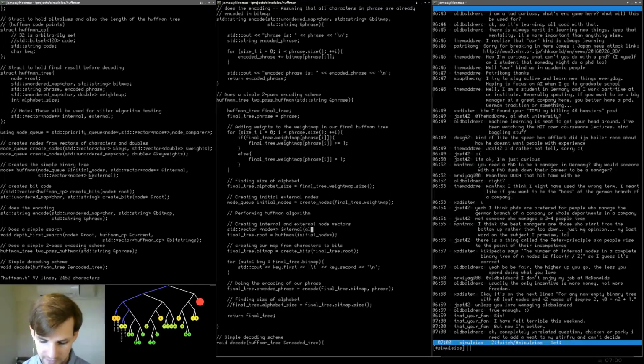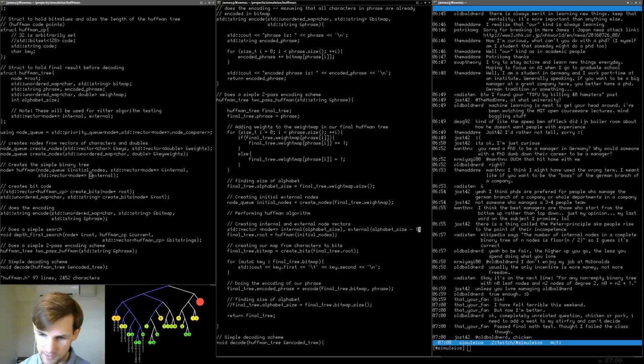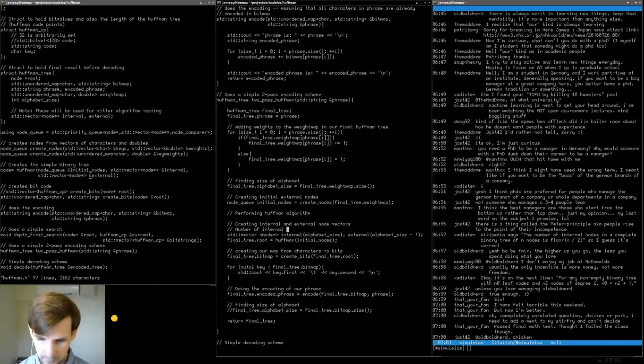This is going to be size alphabet size, and the next one is going to be external, which is of size alphabet size minus 1. And I'm going to leave a quick comment here with a semicolon at the end saying number of internal nodes is number of leaf nodes, alphabet size